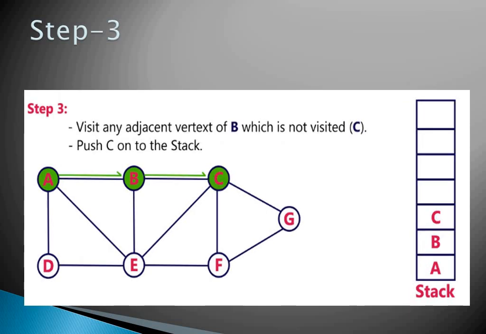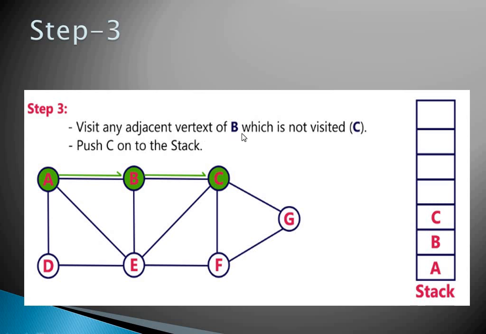Now step number 2, next step number 3. Now we have to select the next vertex. The question is, why this stack? Because you have to start from the source and go to the dead end until all the vertices are visited. So for example, if you're going to B, you can traverse either E, or you can go somewhere else, right? So we can choose this C. So the next vertex to be added to the stack is C here.